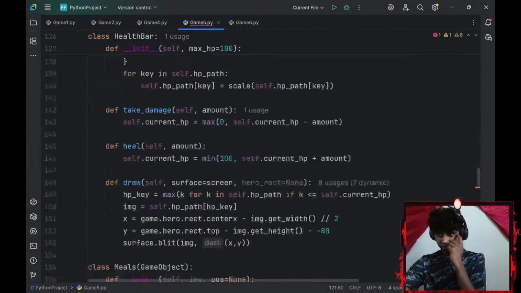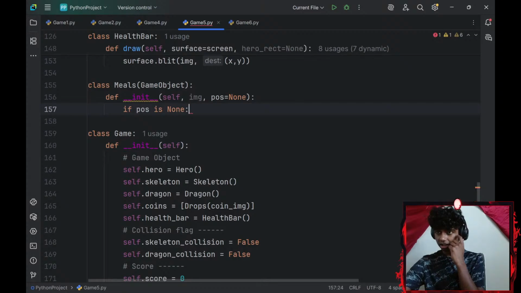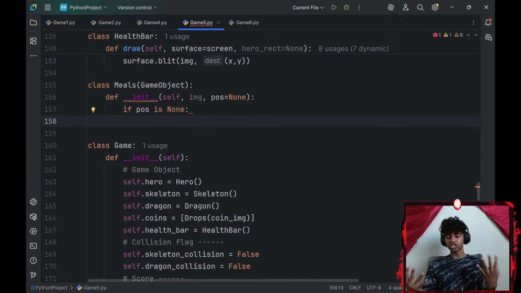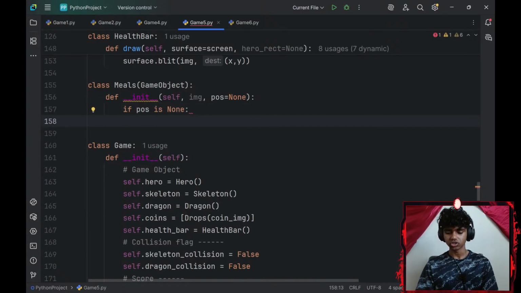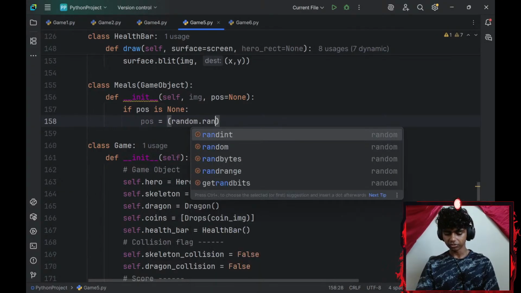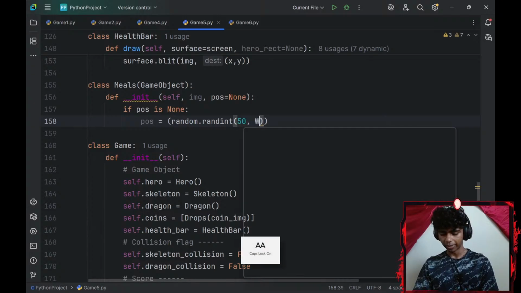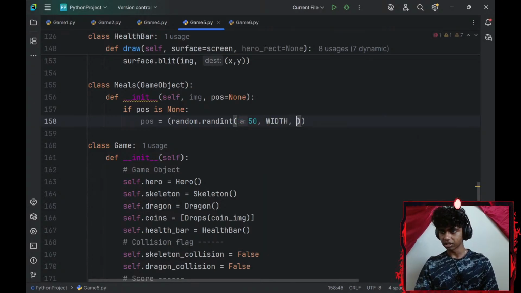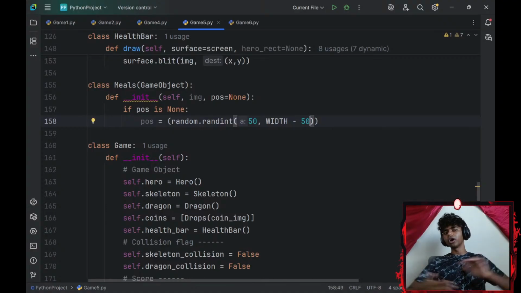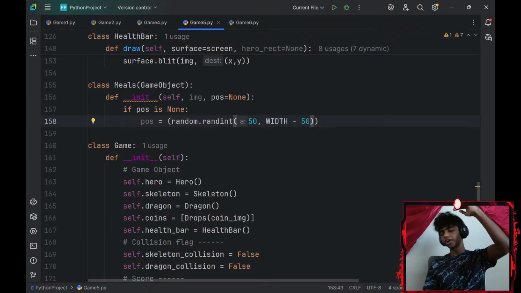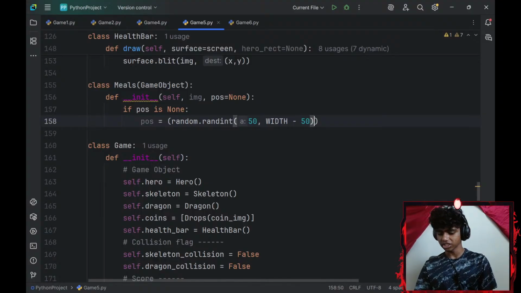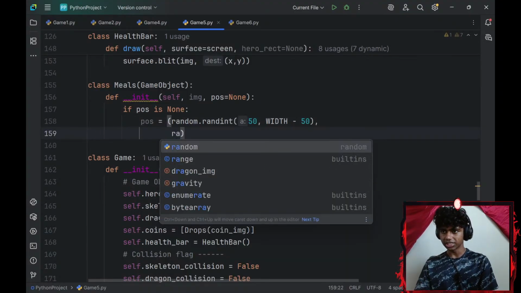Okay, and then let's see. If my position is None, I want to randomize my position, so I'll reassign my position to be equal to a tuple. I'll go with random.randint. Let's see, I'll go with 50, comma, my display's width, which is set to 1000, minus 50. That is for my x-axis, and I want to spawn in my y-axis as well, so I'll add a comma here. Do the same thing for my